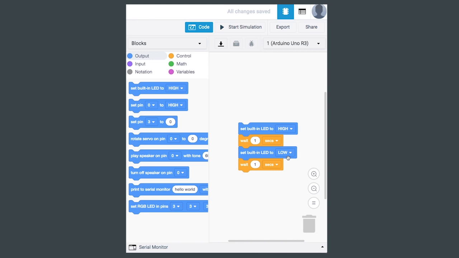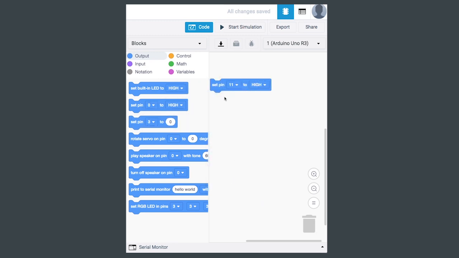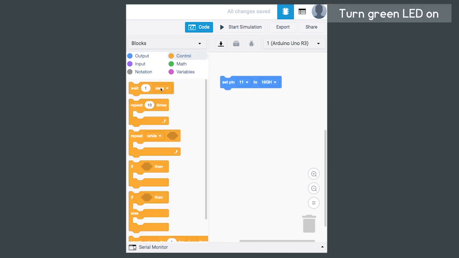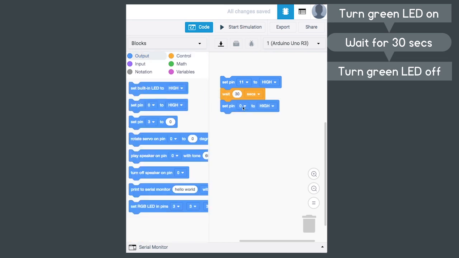Now, it's time to program the Arduino. If you're a beginner, there's a way for you to do this without writing a single line of code. Over at Tinkercad, all you have to do is drag and drop. First, we want the green light to turn on for 30 seconds. So we first set pin 11, which is connected to the green LED, to high. Then, we set it to wait for 30 seconds before setting pin 11 back to low to turn the green